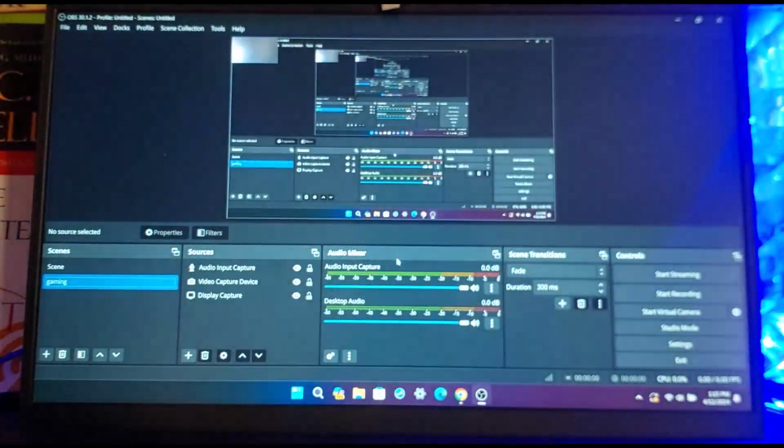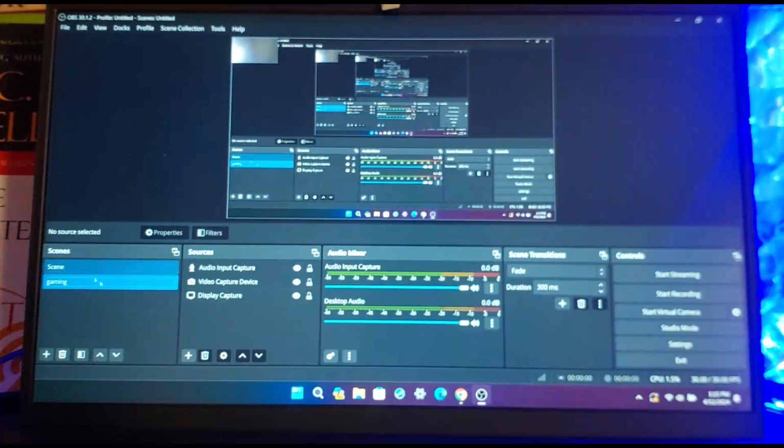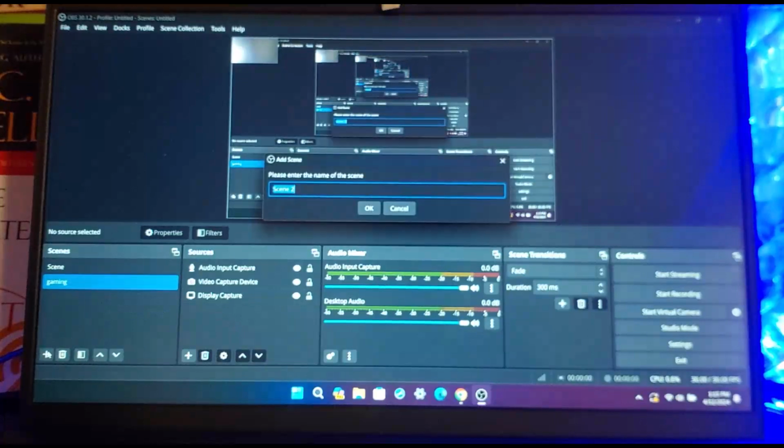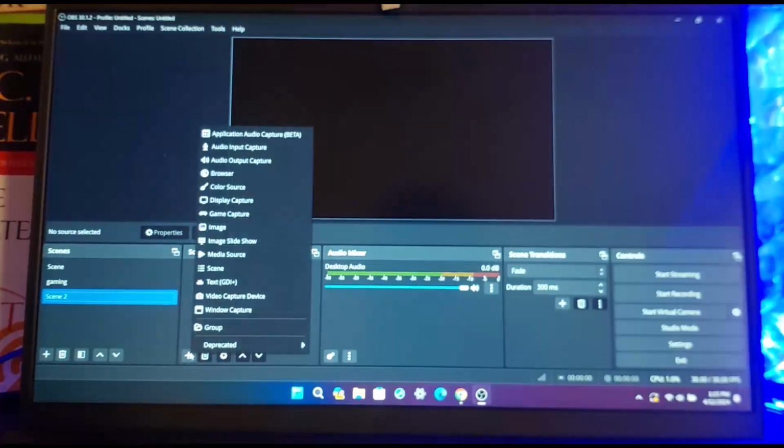And now once you have opened it up, now I'll just remove all of it. But first you want to head into the scene option and create a new scene, right? Once you create a new scene, you want to head into the sources option. Under sources, you want to click on the plus icon, and first you want to select your display capture,